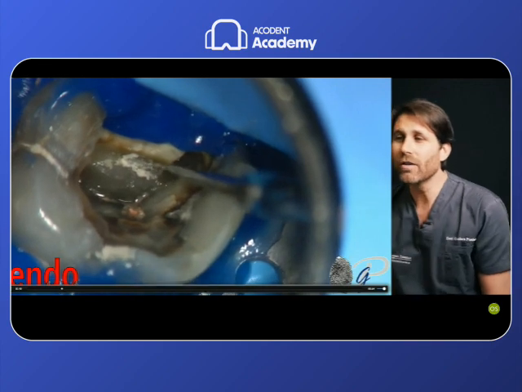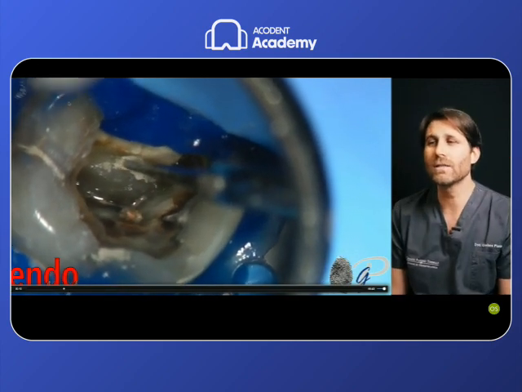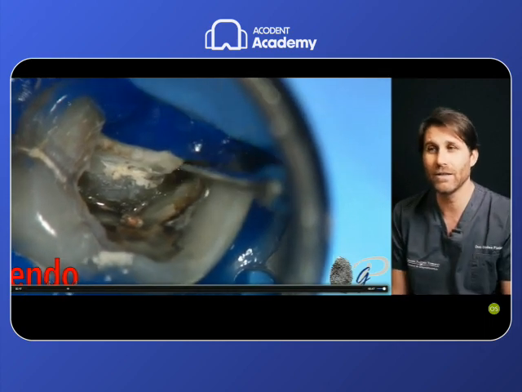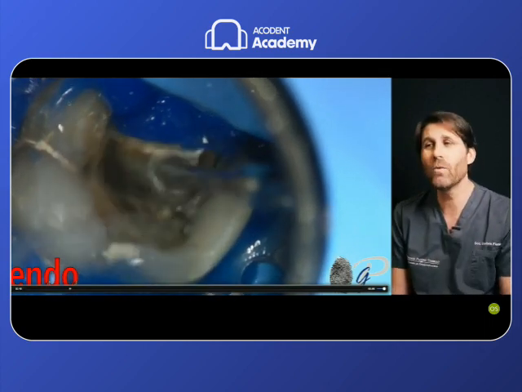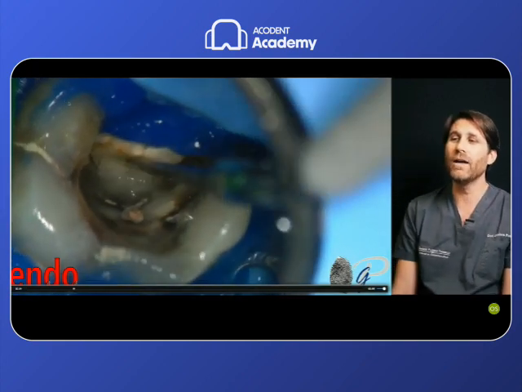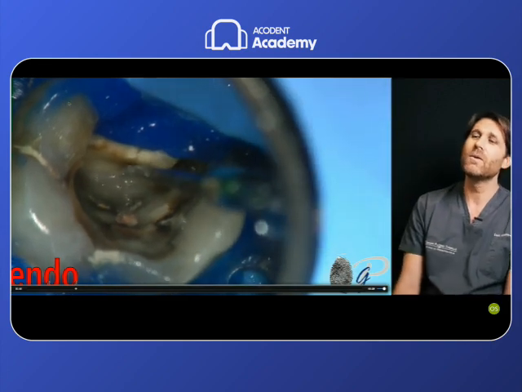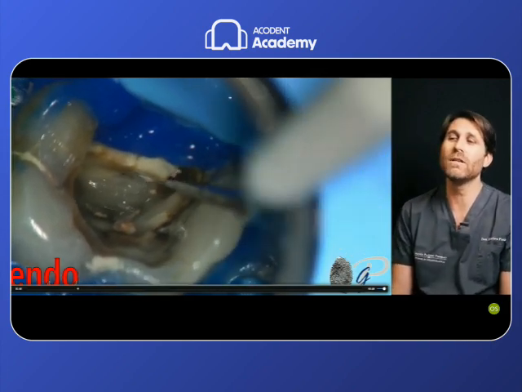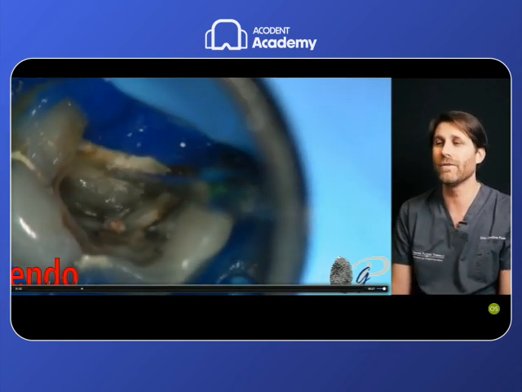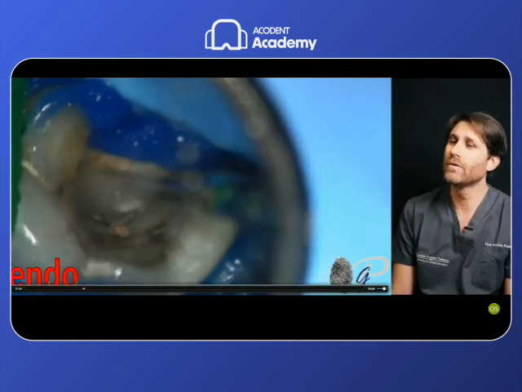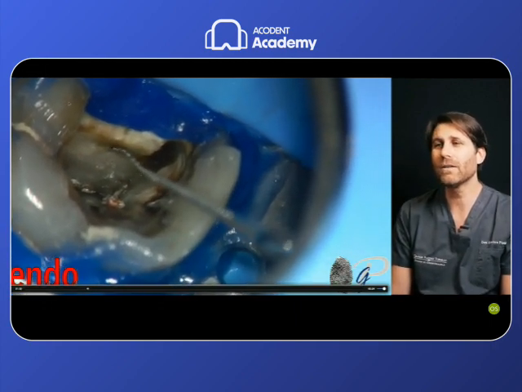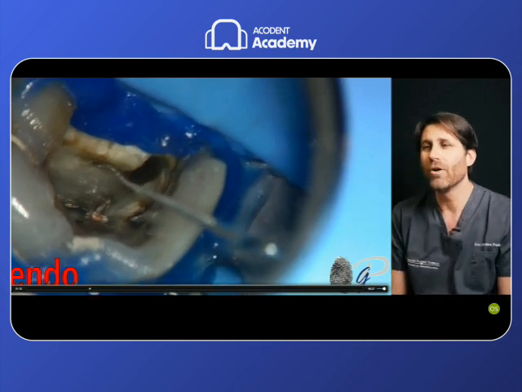First choice is to use again a little bit of ultrasonics to go a little bit deeper, to remove a little bit more discalcified tissue. In these cases, nothing works, so we have to remove more tissue deeper in the root. And I use the ultrasonics to perform this. You can activate water if in the moment you don't need to see perfectly what you are doing, so you remove the dentin powder and the dentin dust, going through the isthmus, looking for that black spot at the end of the isthmus that is the orifice of the root canal.